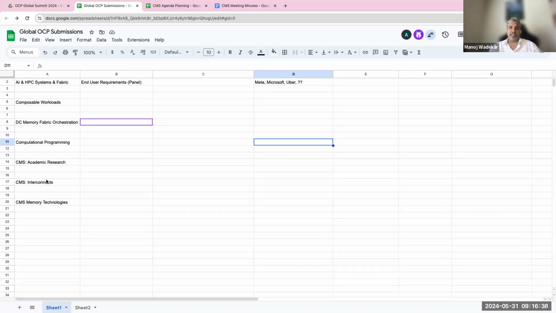Also, some of the topics last year were about cabling and connectivity. I was not sure whether they fit in any of these, so this could be another place where you can consider that. The last one I was adding is memory technology specifically. We haven't had a lot of discussion in this space, but it's an important discussion also. I don't have any specific topics in mind.